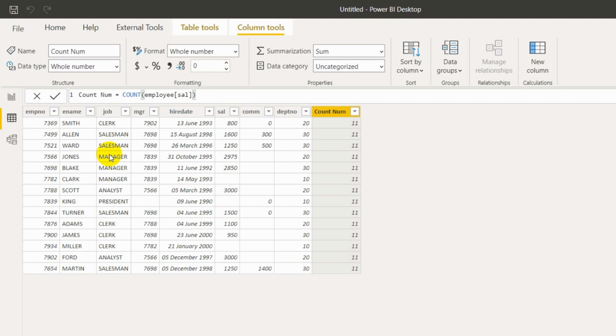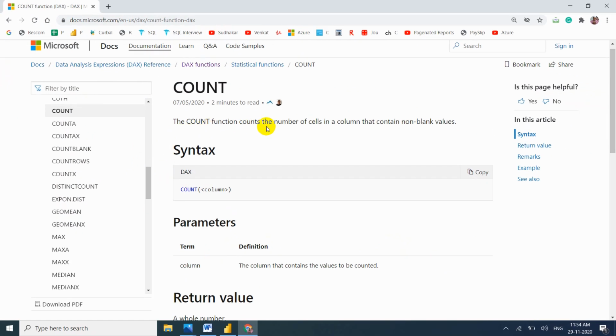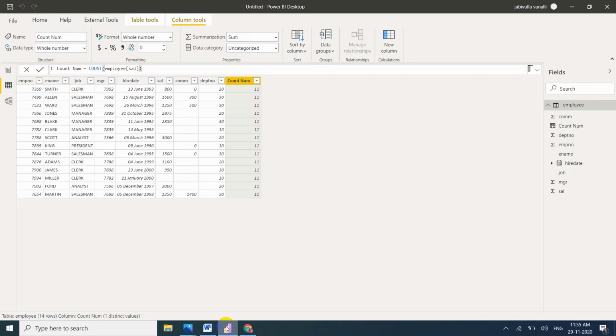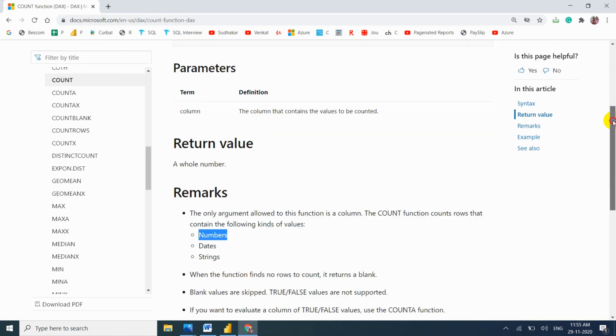That means we have 14 rows, but it gives the count only of the numbers. Blanks are skipped. So what is the statement? The COUNT function counts the number of cells in a column that contain non-blank values. So blank values will be skipped. That's the reason why it returns 11.